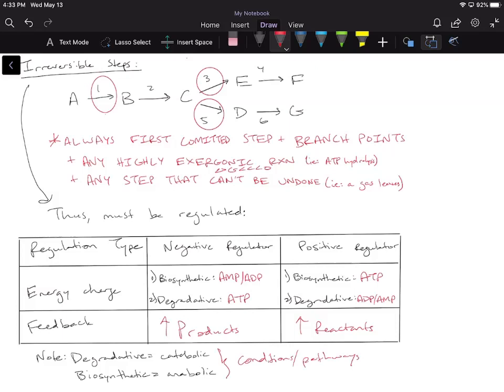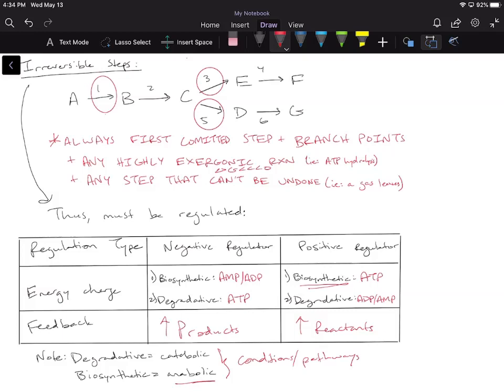Let's think about it like this, and we're going to go through it step by step. On this table I wrote biosynthetic, but on your study questions you could also see anabolic, or degradative, which means catabolic. I'm just going to use catabolic and anabolic so that I don't confuse myself. So in an anabolic pathway, which is a biosynthetic pathway,